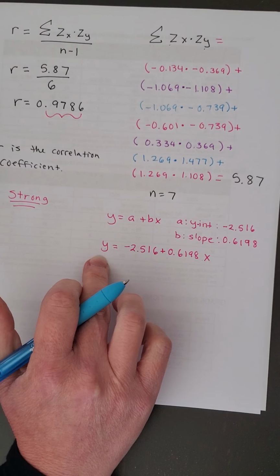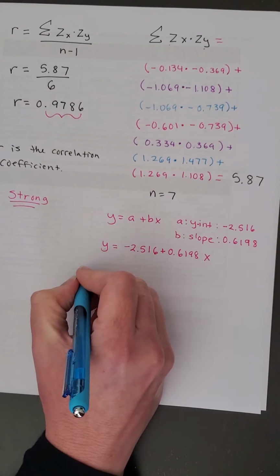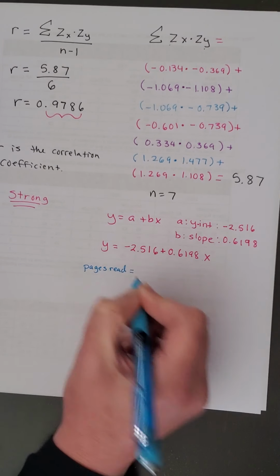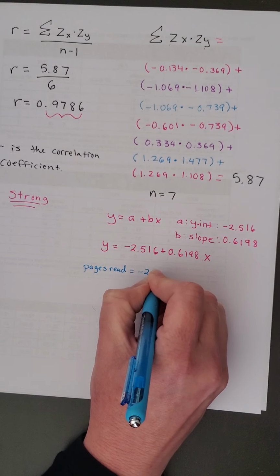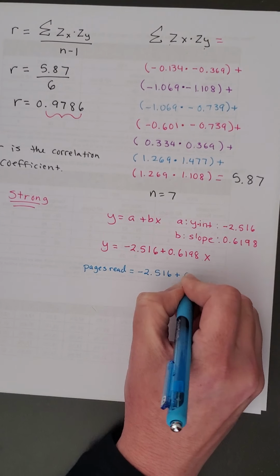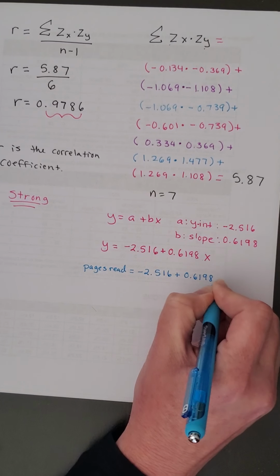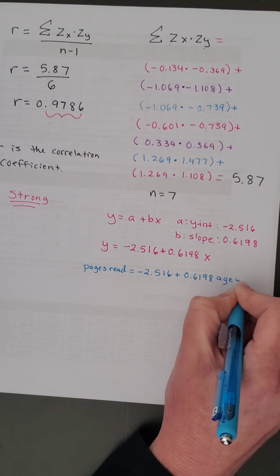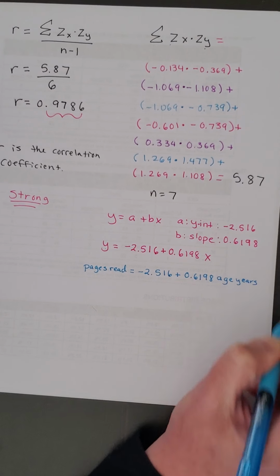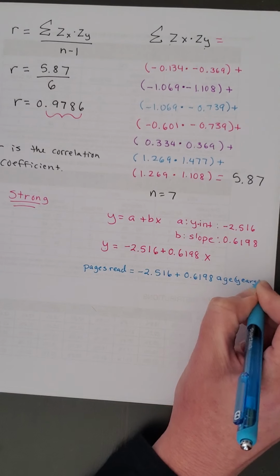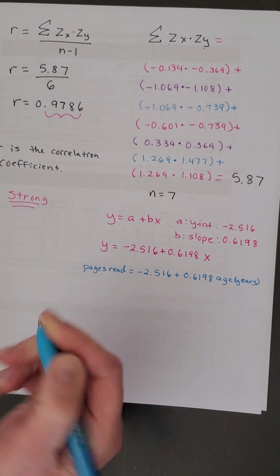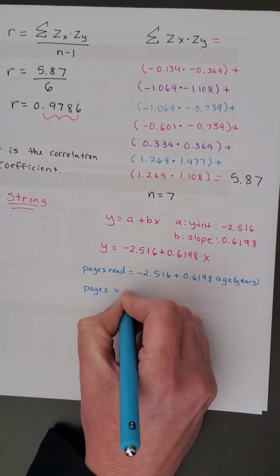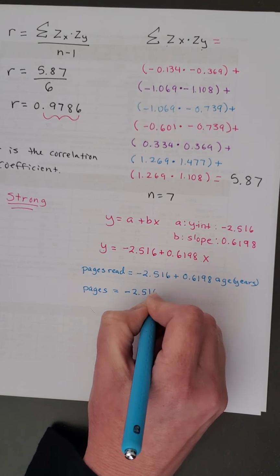So Y represented the pages read. So pages read equals negative 2.516 plus 0.6198, and then X represented age in years. Or you could just say pages read, or pages equals negative 2.516 plus